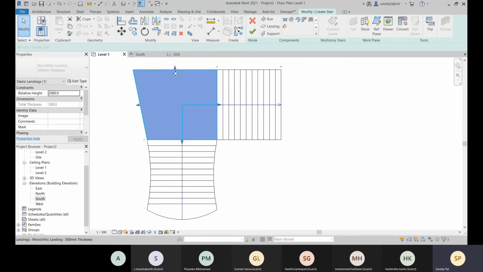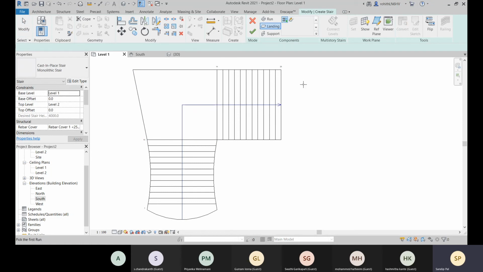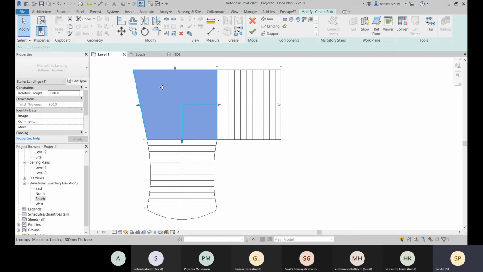Suppose you need to change this sketch, but you haven't made this one with the create sketch option. How can you change the sketch of this? You have to convert it. If you don't convert it, you can simply change this length only. You cannot change the shape. So if you need to change the shape, then you have to convert.